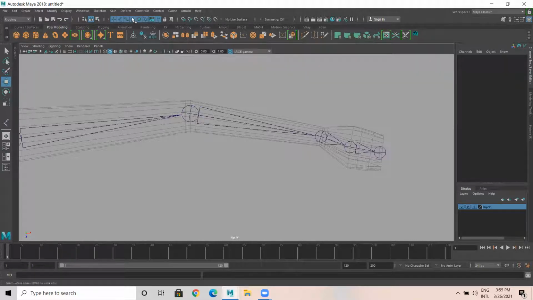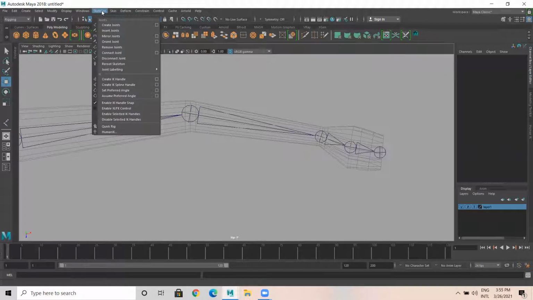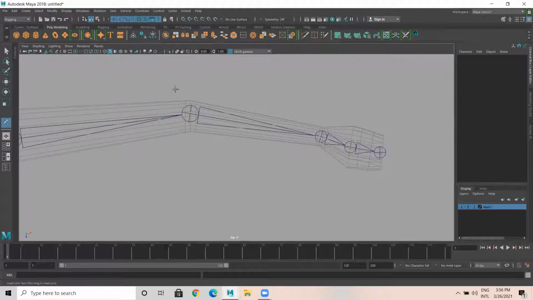I would like to add one extra joint, that is Insert Joint. If I want to add an extra joint in the middle, that's Insert. I'll click on Insert. I have to show from where to where I'm inserting. From here to here, I'm inserting. Understood what I did? Yes, sir.